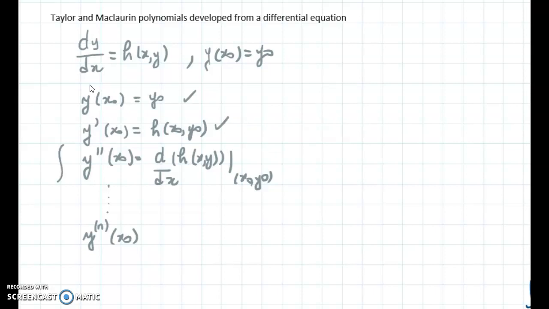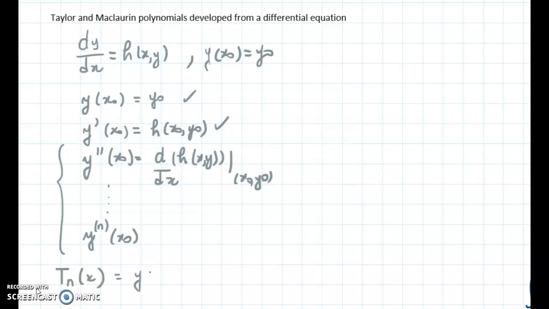And we need to see in general how we do this, so we can complete the Taylor polynomial of y of degree n centered at x0. And we do this by taking derivatives of the function h and evaluating them at x0, y0. Once we are done with this, then we have all the ingredients we need to write the Taylor polynomial of degree n